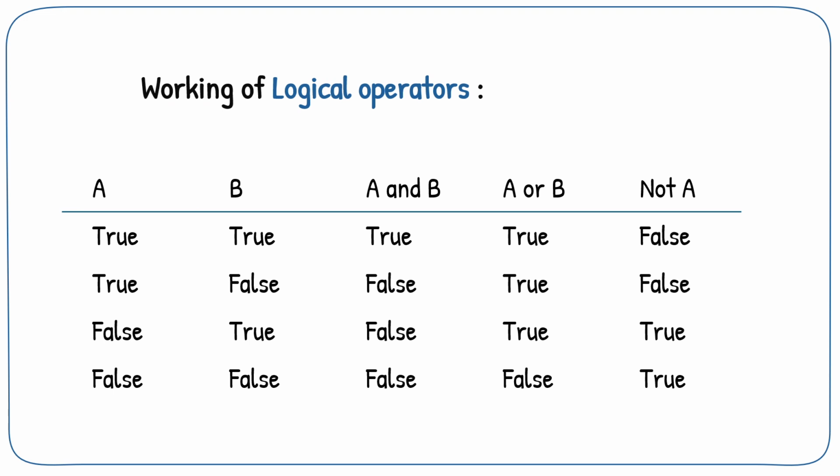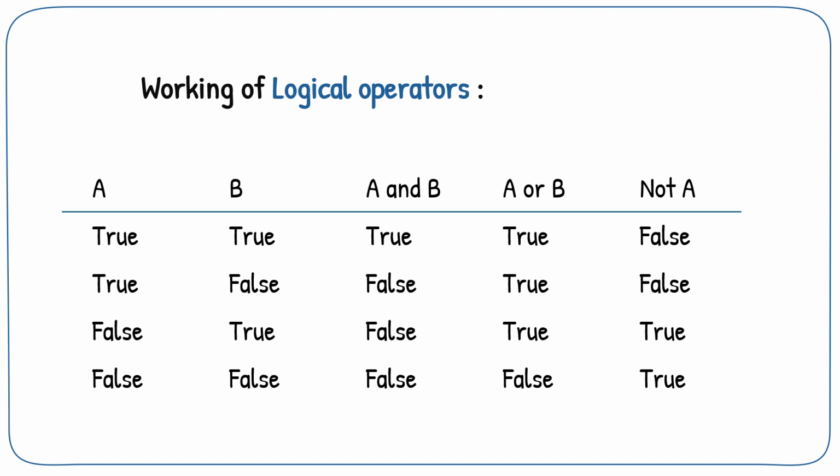Each of the simple conditions is evaluated to true or false, and then the decision is taken whether the condition is true or false. The first one here is the AND operator. Here AND works like this: if both the operands are true, then it will give true as a result. In any other case, such as if either of the two operands is false or both the operands are false, then it will give false as a result.